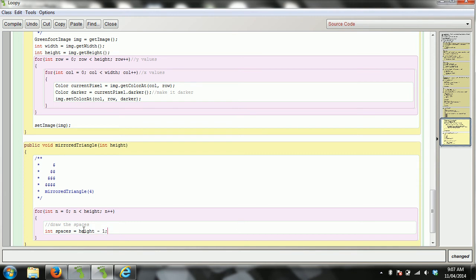But that's just for the first row. So I have to think about the next time. What happens is I have 2, and then I have 1, and then 0. So every time I draw the spaces, I go 1 less. So how would I capture that? Well, some of you might like doing it this way. Whatever row I'm on, that tells me how many I would need to take away. So height minus the row minus 1, that's the math formula that tells me